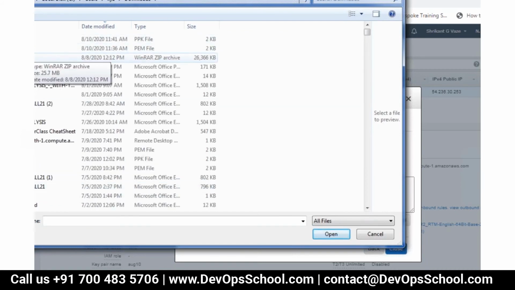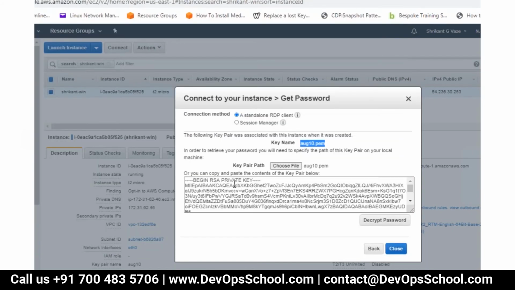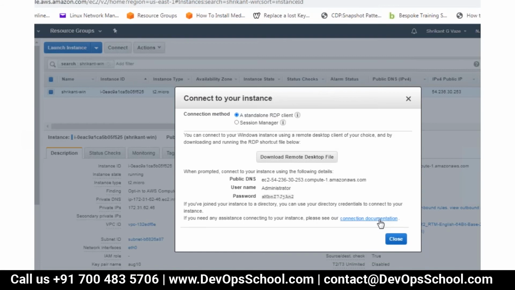So this is my PEM file. And just upload it here. And then it will say decrypt password. So decrypt password. So this is the password. I will just copy it and keep it.